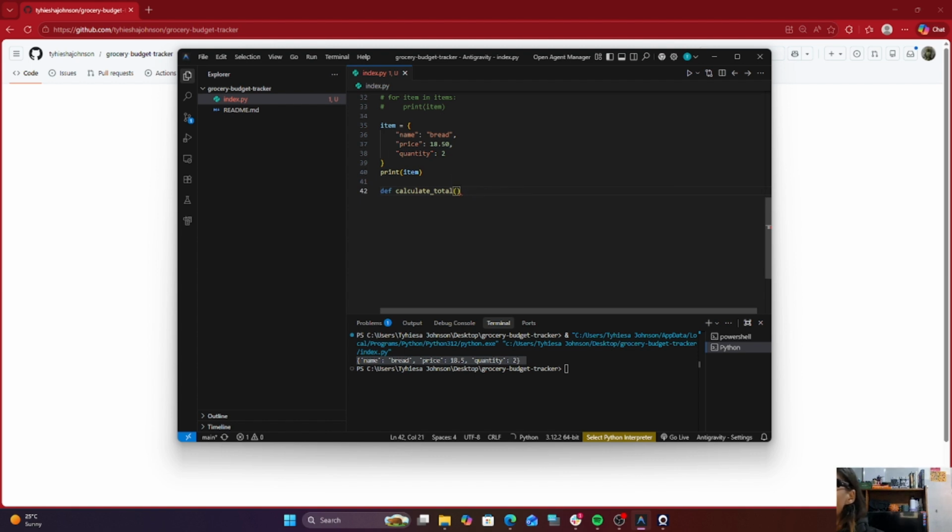Remember that in Python, we always use underscore to separate the naming conventions, just to keep it clean. So we're going to define the function called calculate_total, right? And it takes the parameter called prices,